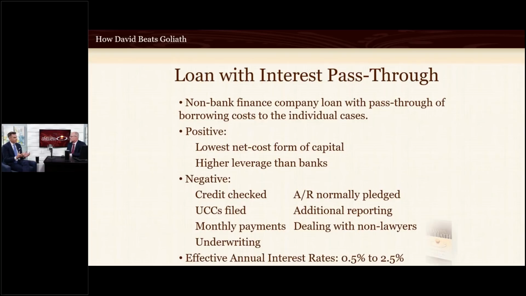Where we have a pass-through model, our net cost will be 4 to 5 times cheaper than if that firm were using a bank or other source of capital to fund those advanced case costs. Right, because we pay banks off all the time when we welcome new clients. I think we signed up about 90 new clients and funded them last year. I think we're on track to do about that amount. And oftentimes when we're closing these loans, we're paying out banks because we have the technology that they don't.